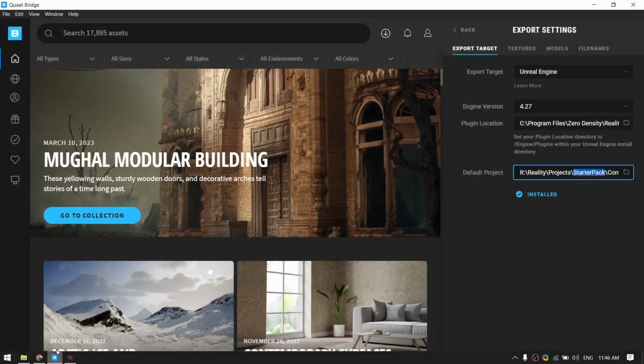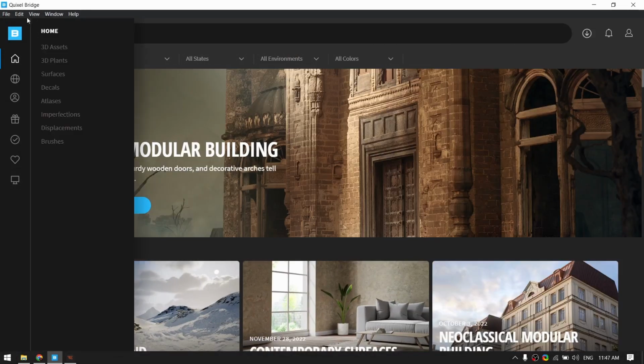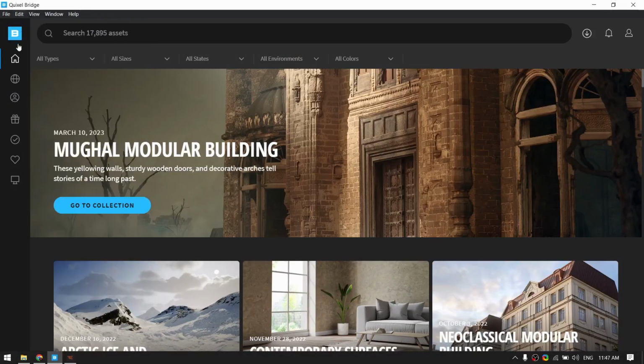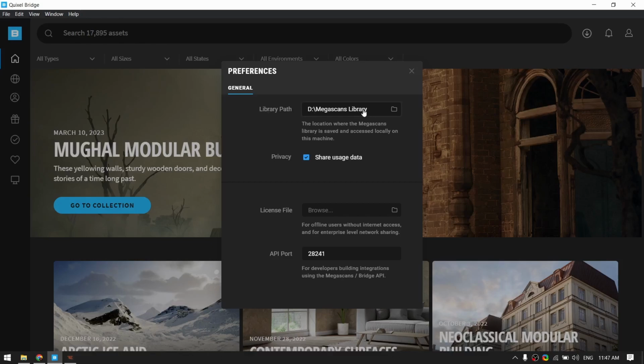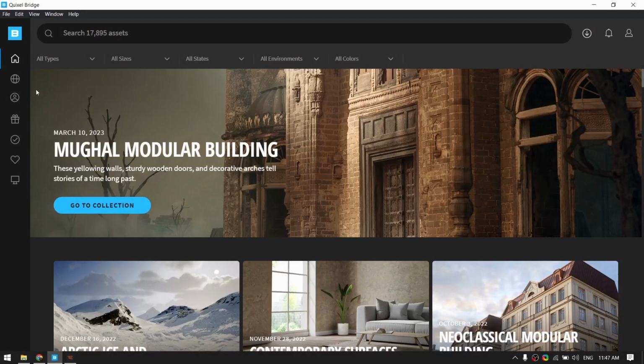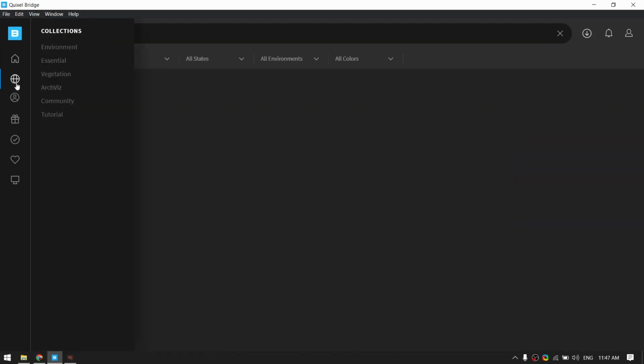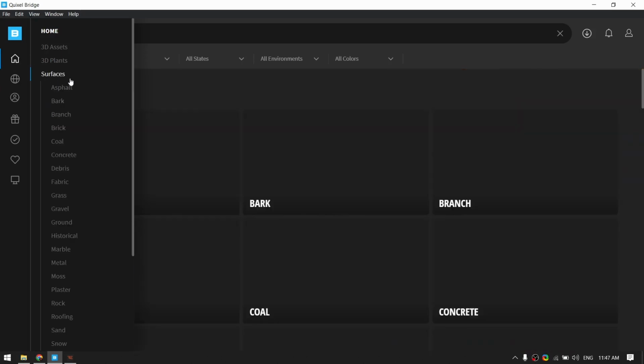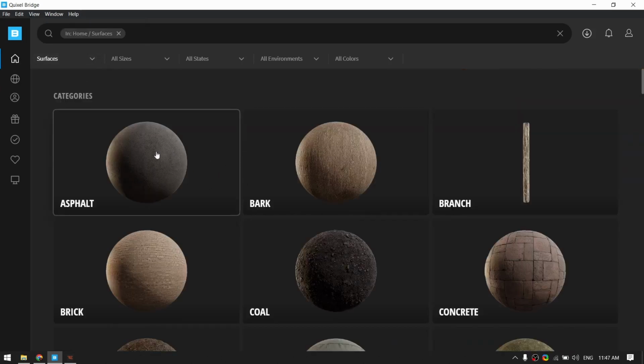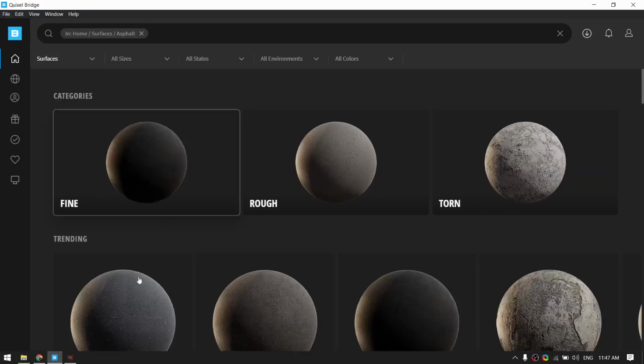I will go to Quixel Bridge, and before we can export anything, just make sure to go to edit and settings, and here in the library path, just select a path where you want your files to be stored after they are downloaded. Okay, so let me quickly go to a surface first. I will select a surface, for example this one,